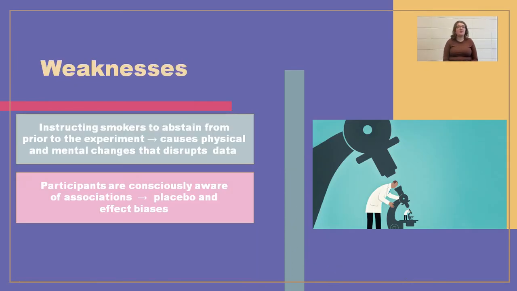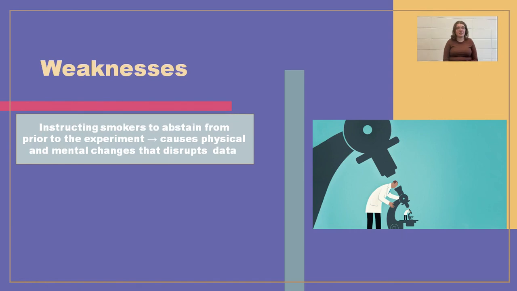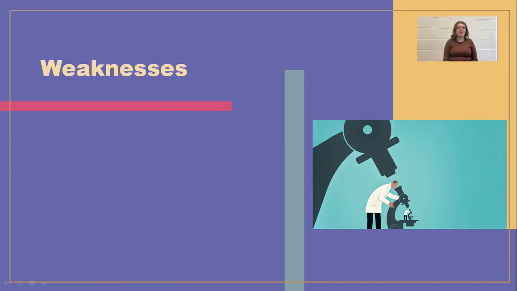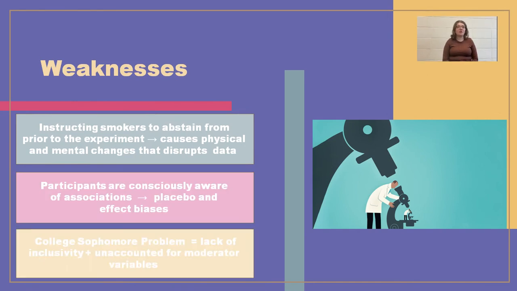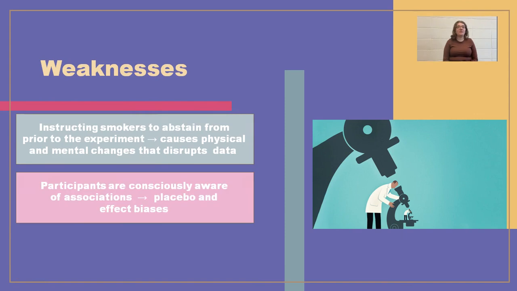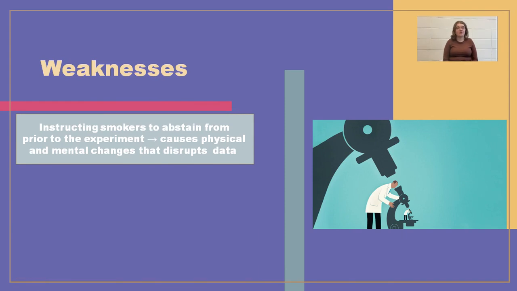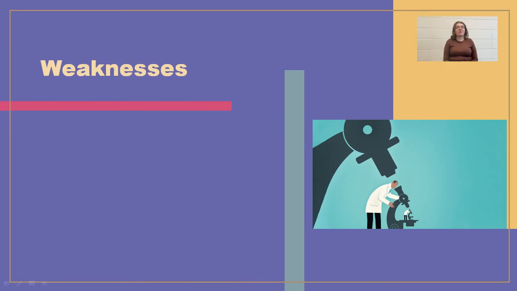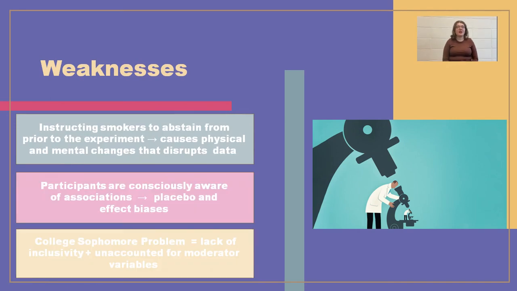A key weakness involves the study instructing individuals to abstain from smoking for a minimum of an hour before the experiment as a way of avoiding nicotine contamination of ERP signals. In just 20 minutes of cigarette abstinence, blood pressure and heart rate stabilize and a 35% increase in oxygen presents, which enhances EEG changes. These physiological changes work alongside psychological shifts such as increased irritability and difficulty concentrating to moderate results as individuals are subjected to perform under anomalous circumstances that do not reflect their typical processing capacities, hence providing